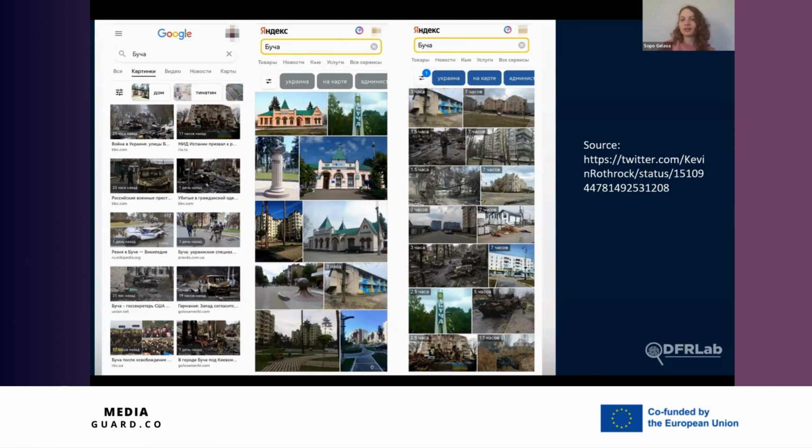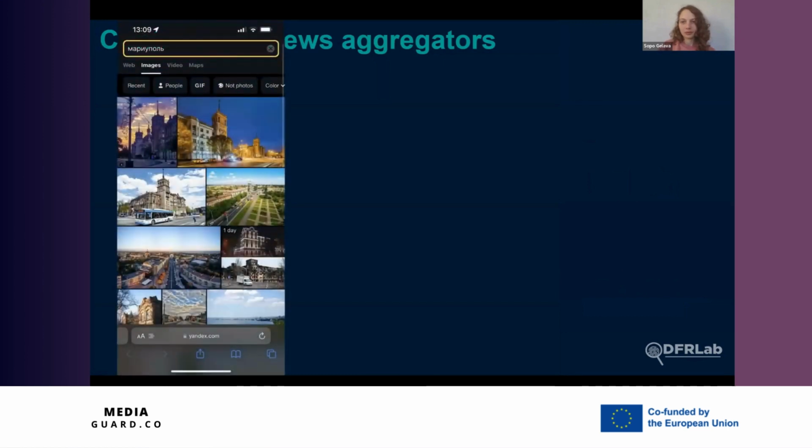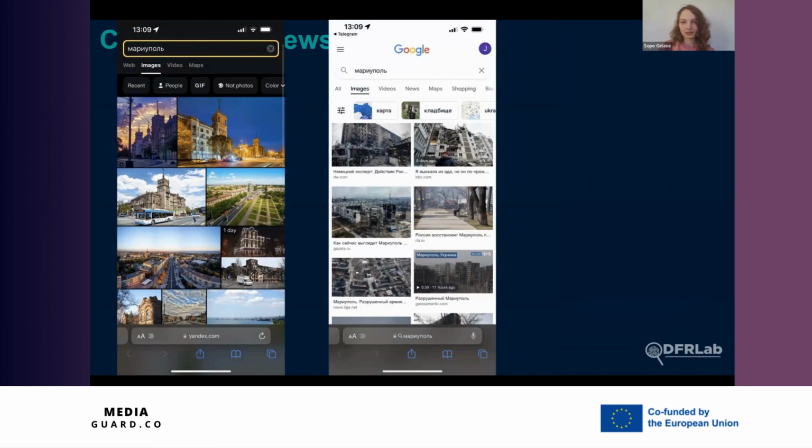And even if you change settings, the articles that are generated are also mostly false narratives and disinformation. So with these very specific techniques and tools, it is very important to have information about how these news aggregators, and in this case Yandex, are used to promote the Kremlin agenda and takes on certain topics. Again, another example, Mariupol, and this is the Google result.